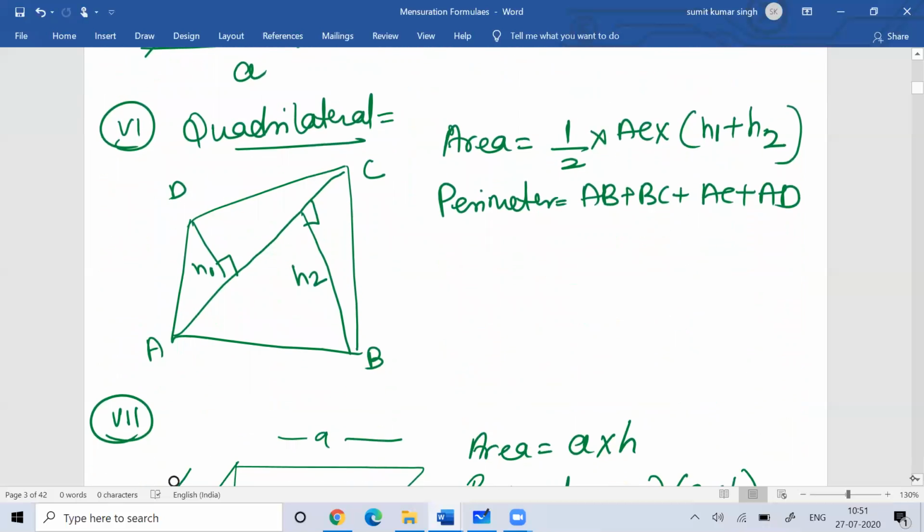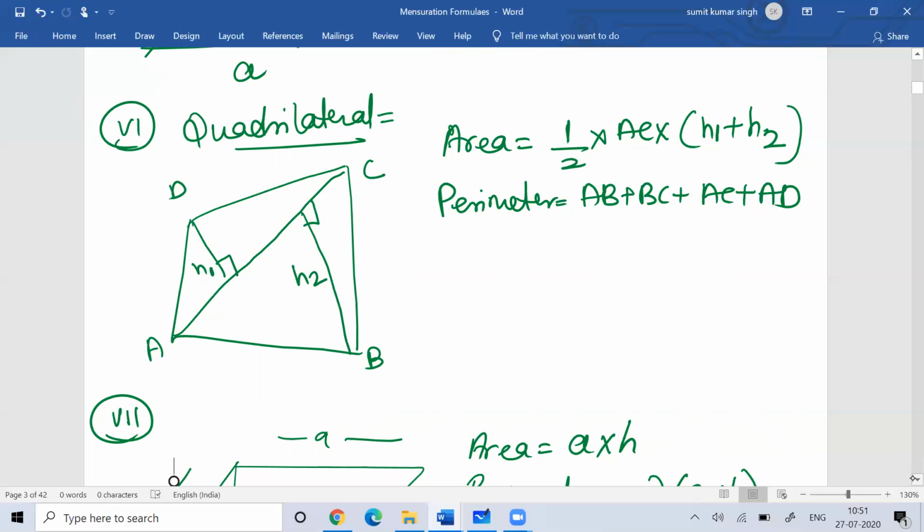Quadrilateral: when we talk about a quadrilateral, if I take a polygon having four sides, it is called a quadrilateral. A quadrilateral can be a parallelogram, a kite, or a trapezium. A quadrilateral is basically a geometrical representation having four sides. And if you get a quadrilateral where all the sides are unequal, where it is not showing you the property of a trapezium, parallelogram, or kite, then you have got an irregular quadrilateral.